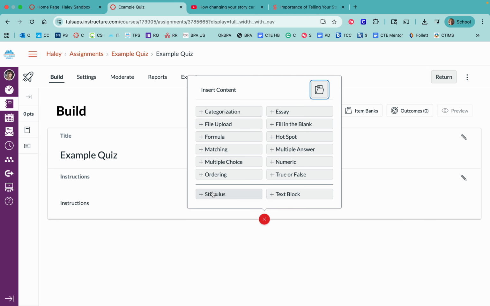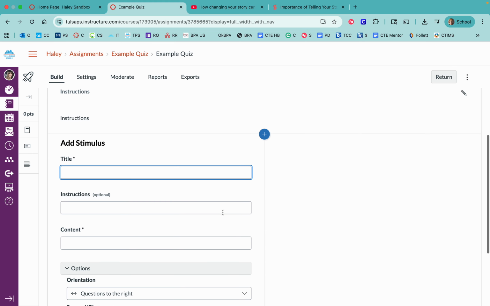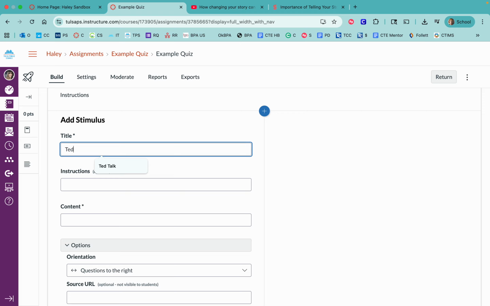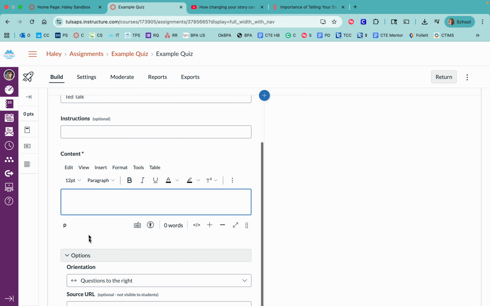Another thing that I like to do, I'll go ahead and click that, is I'm going to say that I want them to watch this TED Talk before they do other things. So I'm going to have them watch this TED Talk. Instructions is up to you. I usually will put my instructions in here with the content. It all kind of keeps it together. And of course, if this was a real assignment, I would be a lot more descriptive in my instructions, but